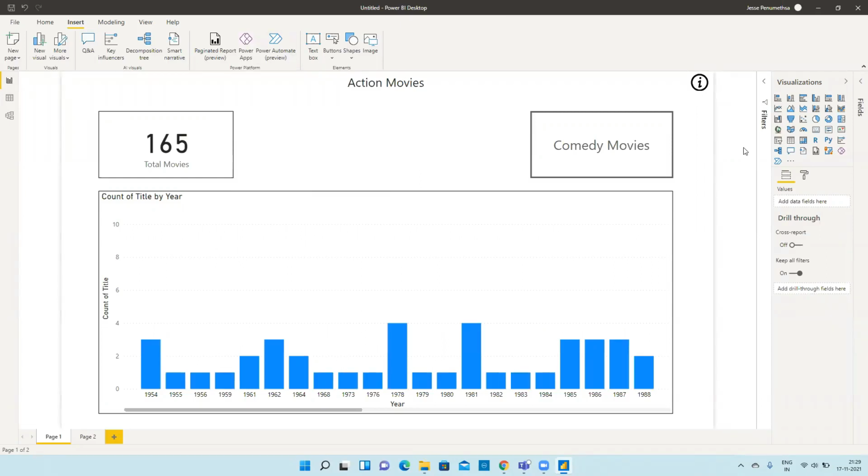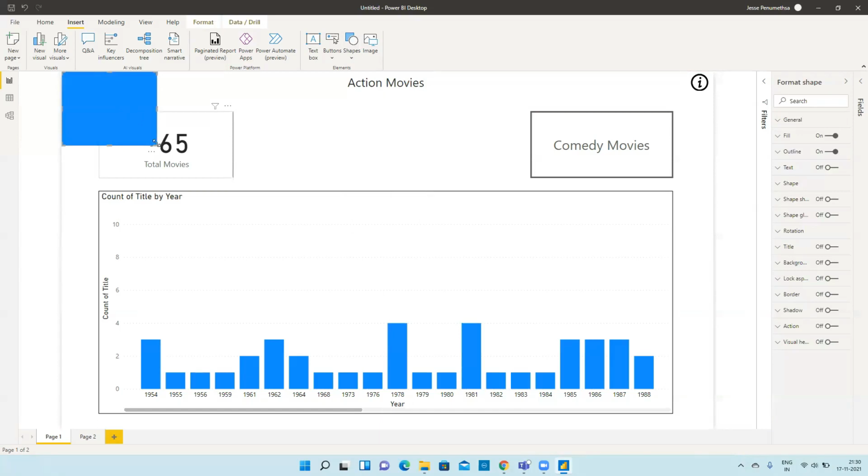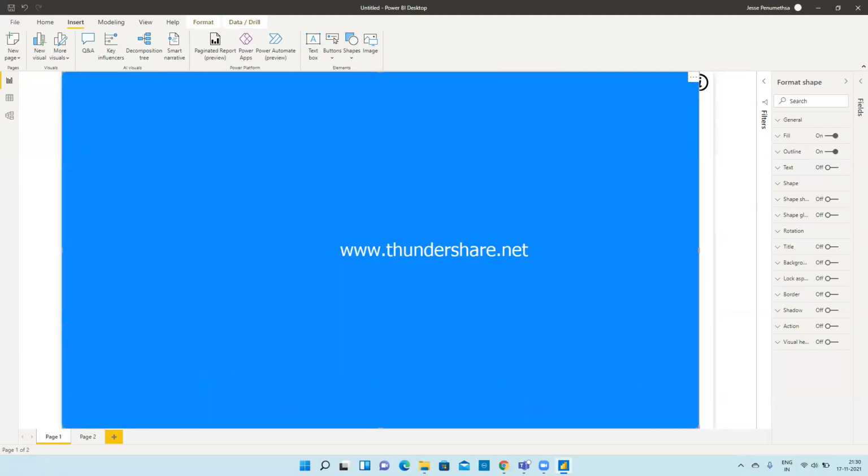Yeah. So I have provided one information button on the top right corner. If you want, you can provide a tooltip for it. Right now, I am not going to provide any tooltip. So now what I want is, if I click on this info button, I should see one masked layer and I should understand what's happening in this dashboard. So it is also a bit complex. Please follow my steps carefully. First, I will insert one shape, a rectangular shape, and I will take this for the entire page.